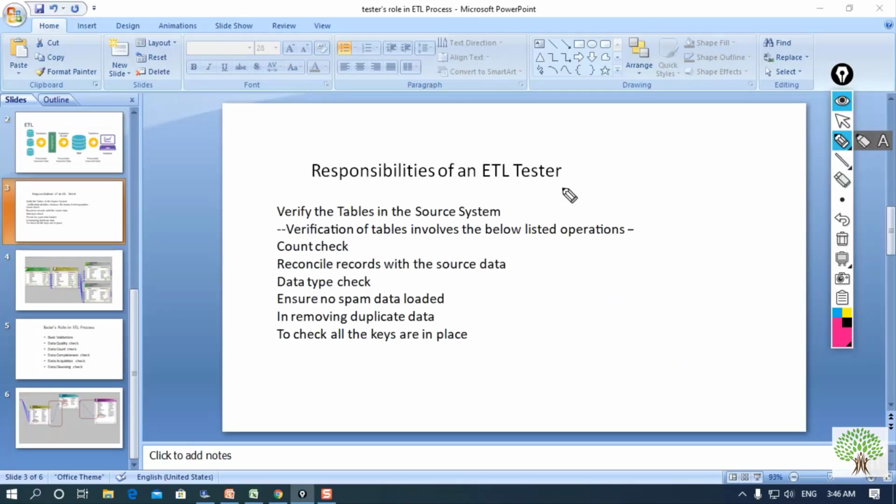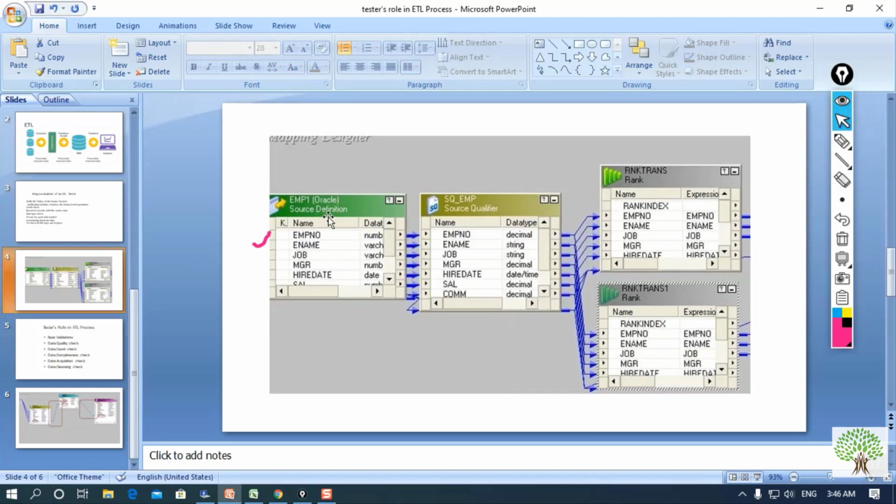So if we discuss the first responsibility, that is count check. Let us assume that this is our source table, and this source table contains around 5 columns. Now, if there are 5 columns in the source table, those 5 columns need to get passed into the target table. We need to make sure that all the 5 columns are passed.